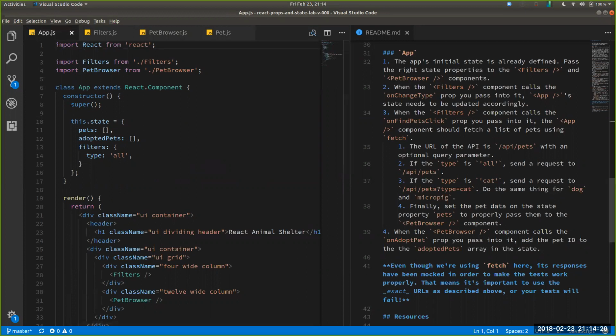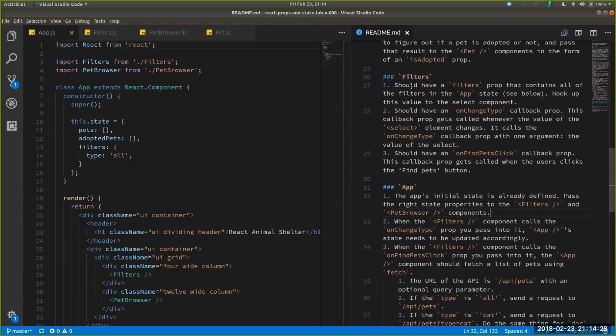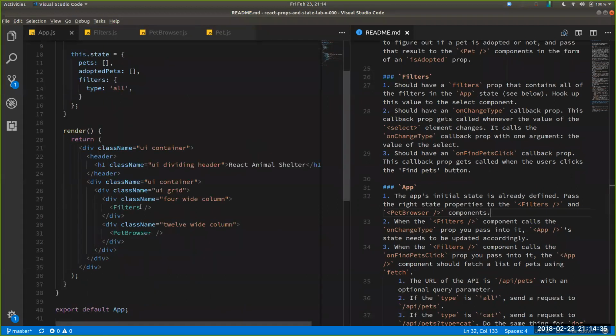The app's initial state is already defined. Pass the right state properties to the filters and pet browser components. Okay, so we need to pass props to filters and pet browser. So filters should have a filters prop that contains all of the filters in the app state. All right, so filters should have a filters, and actually,